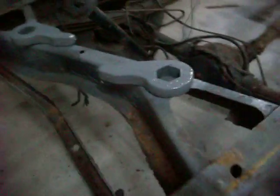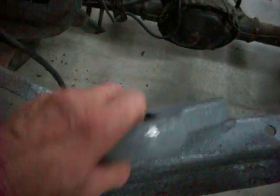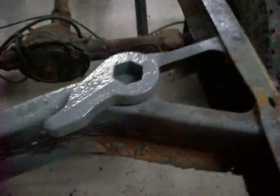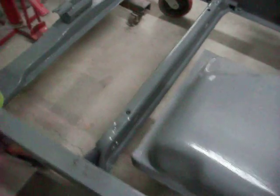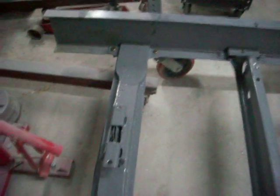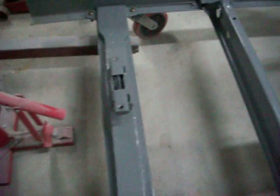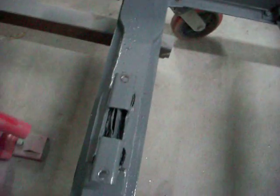Hey YouTube, just to give you a little update. These are the keys that go to the torsion bars. I painted them with the same color paint that I'm using for the frame. And if I didn't say it before, I'm using this gray paint because for one thing, you can see it a lot better than you can black. But what I wanted to mainly show you here is that I have the transmission cross